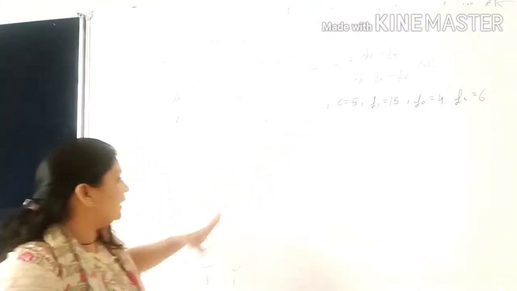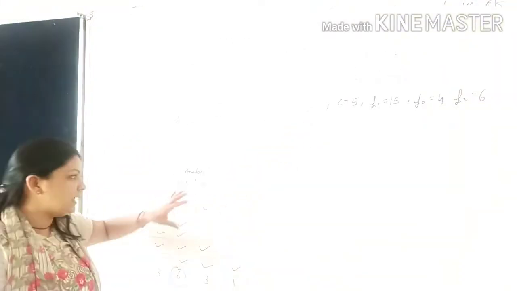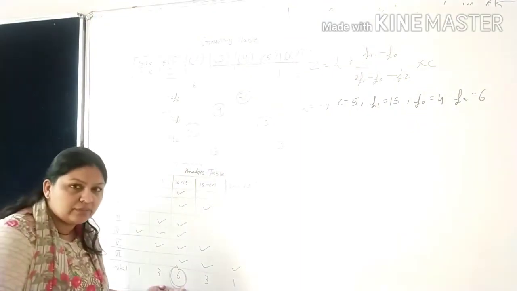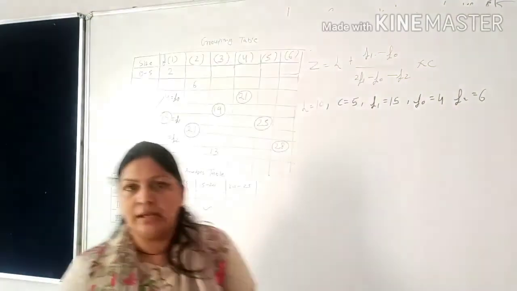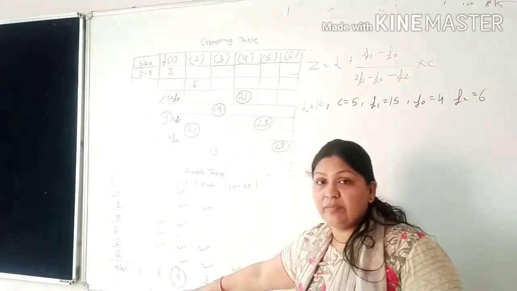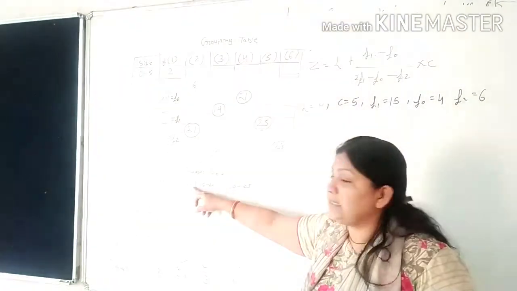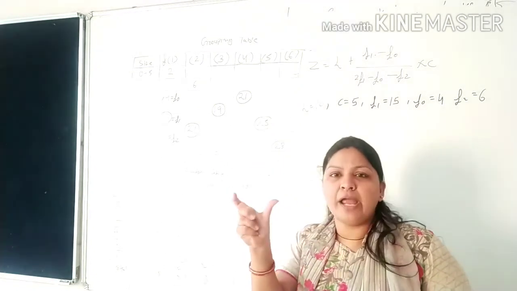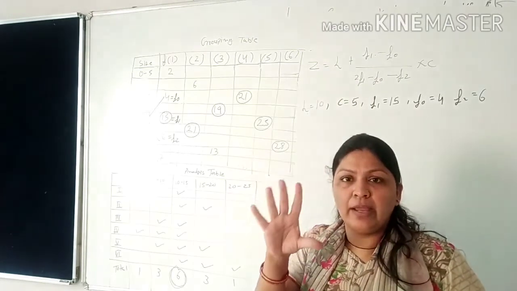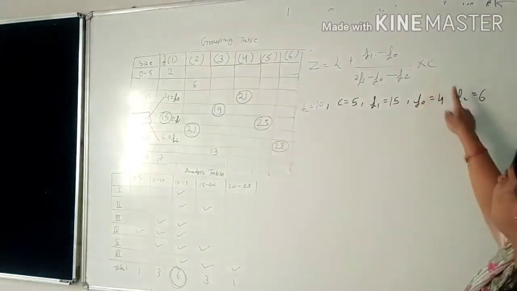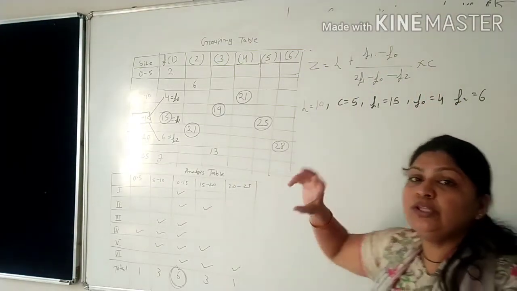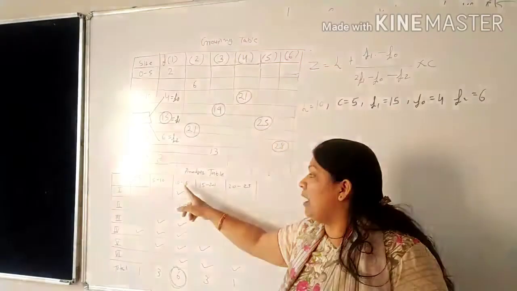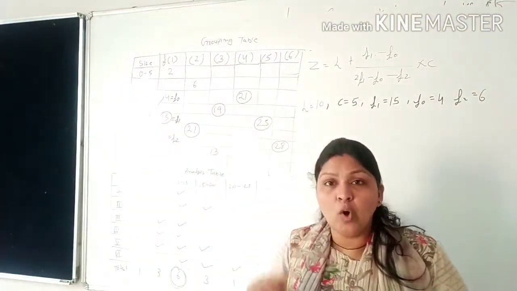L, it means seen in the analysis table. Analysis table में देखो बेटा, which one is the highest frequency? 6 is the highest frequency. Among these 6, है ना, which 6, जो highest frequency है इसका कौन सा क्लास है? 10 to 15. Fine. So 10 to 15, it is the 5 interval. Class interval is 5. So C equal to 5. Now you just choose which one? 10 to 15. So 10 to 15, among this what is your lower limit?